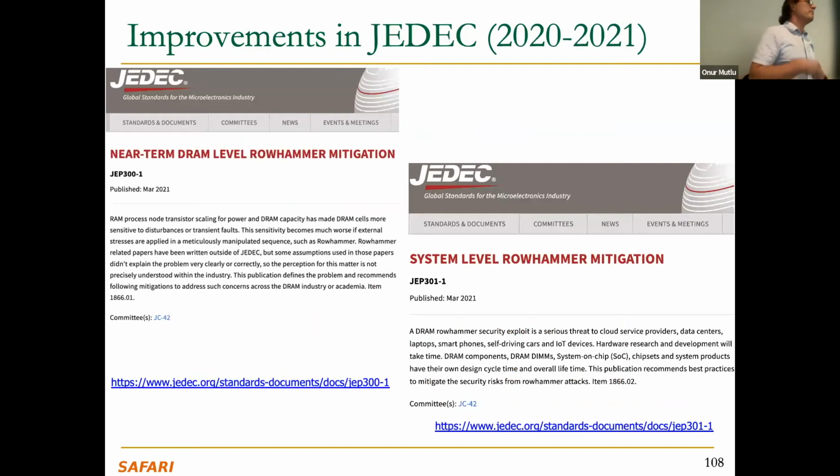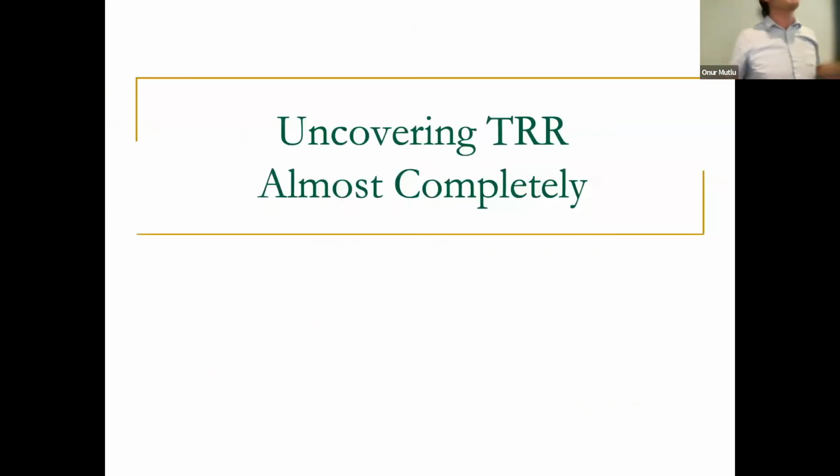Okay, so based on these two works mainly, JEDEC finally convened, also based on the push from Microsoft, Google, these hyperscalers. They convened the RowHammer group again, and they pushed out these two white papers. If you're interested, you can take a look at them. Some of them are hard to read, but they at least started working on the problem more seriously than before.